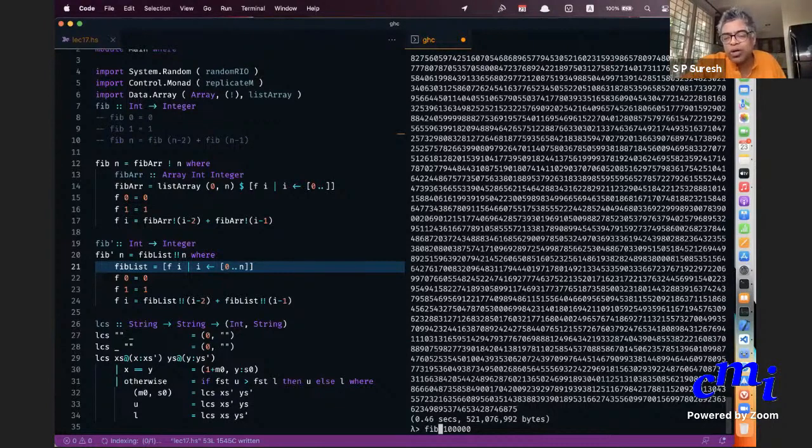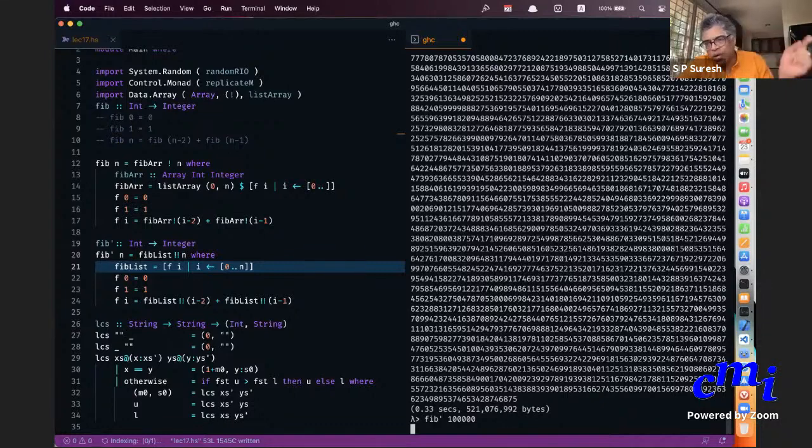Yeah, you'll almost grind to a halt now. It will take a long time because every time it has to access element i, it has to take time i, because it has to go past all those elements.